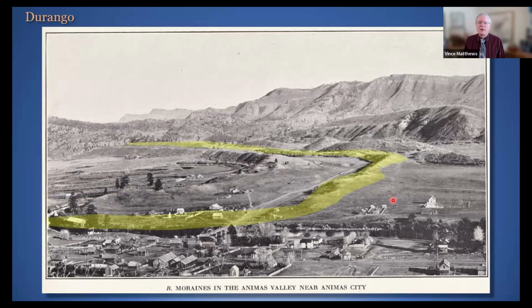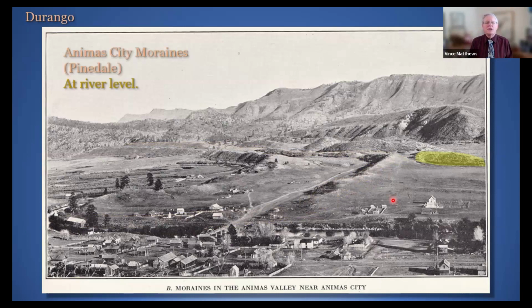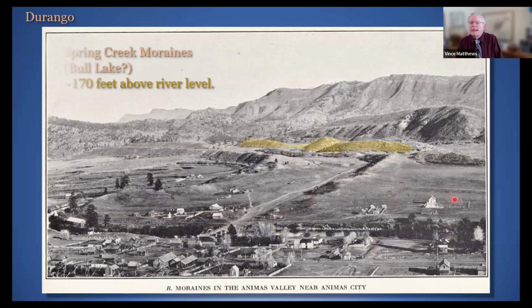And there is another moraine that is pretty much the same age, but it's a little bit older. And there's another third Animas City. And we think that these three moraines, the Animas City moraines, are equivalent to the Pinedale in the rest of the state. Unfortunately, the names got changed down here, and so we have this name change issue to deal with. This is the Spring Creek moraine, which is older,